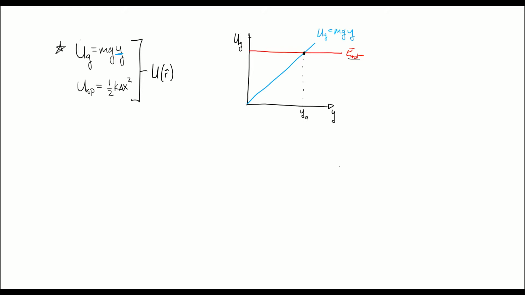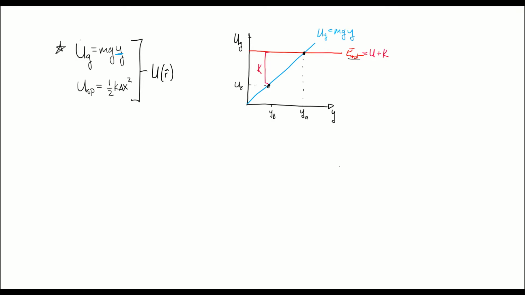That ball's going to fall down. The height's going to change. And at any other height, we'll call it y_B, I can again pull off the potential energy at that point B. But since the total energy is equal to potential energy plus kinetic energy, I also know that this difference from here to here is the kinetic energy. So immediately off this plot, if I know the total energy and I know the functional form of my potential energy, I can also figure out the kinetic energy, and we can visualize all of these things.